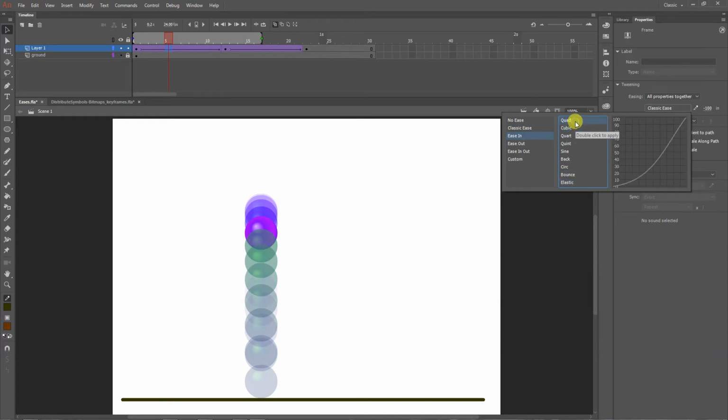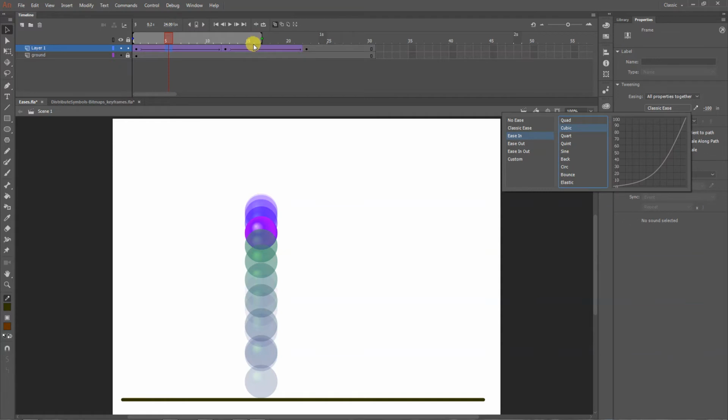But if I go from a quadratic to a cubic, I'm increasing the intensity of the change. That's the way you got to think about this. This isn't the graph itself of what's happening. This is a graph of the change in speed. So the further down we go, up until the quint part, is the intensity of the change.